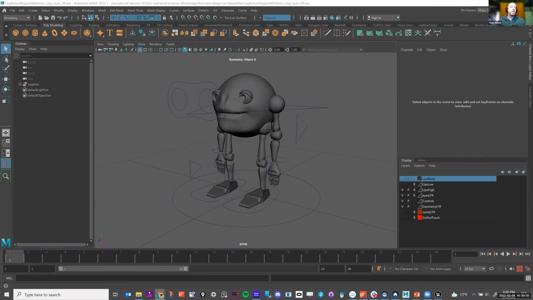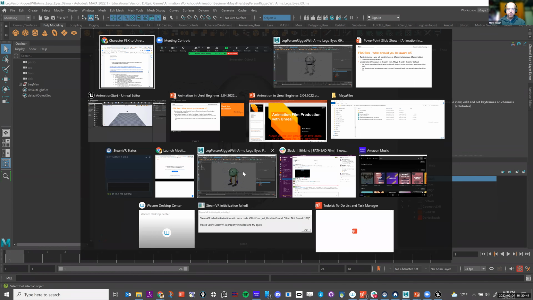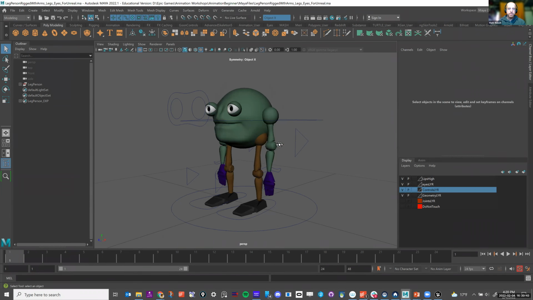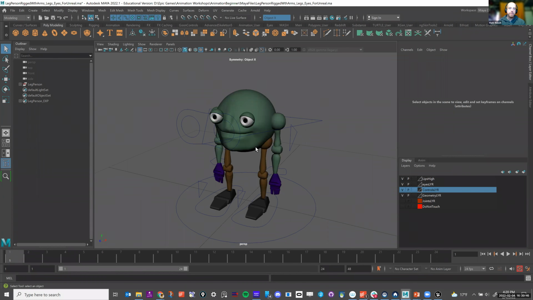This is going to be to the Unreal character. Paste. There we go. Okay, so this is going to be the Unreal character that I currently have right here. This is the one that I've prepared for Unreal.